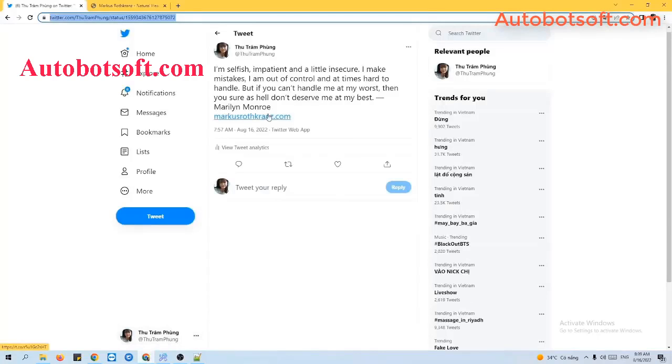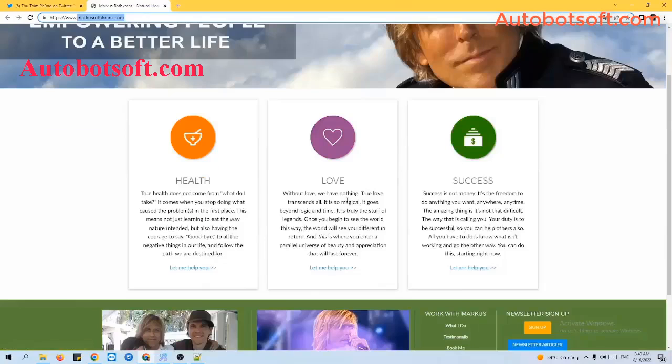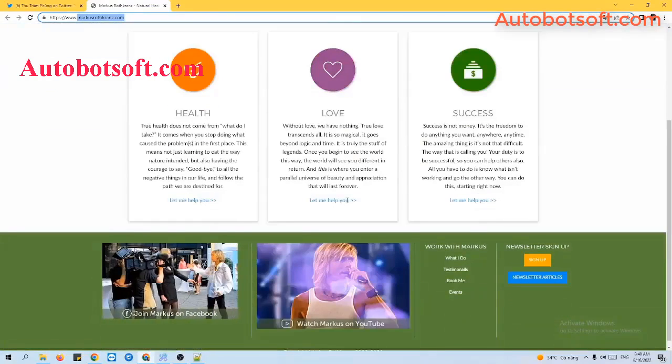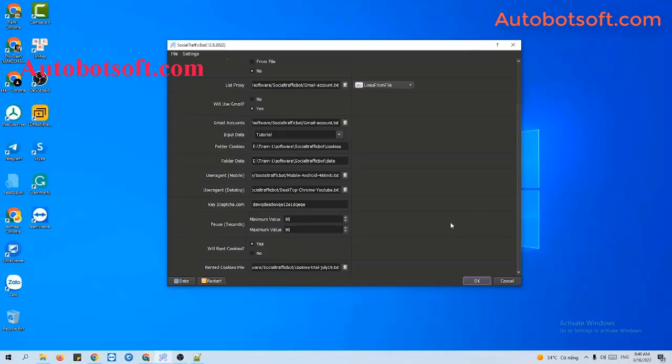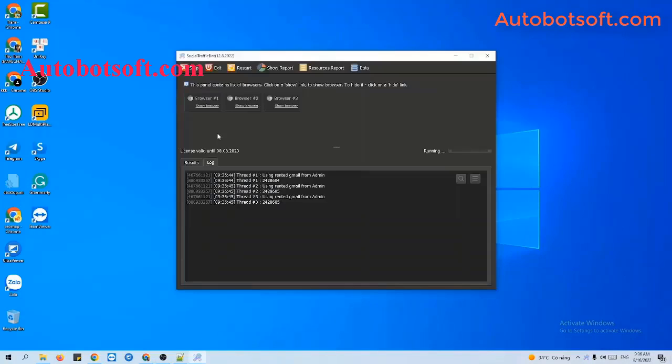The software will visit the website with backlink, for example, this post on Twitter, and view this tweet in 60 to 90 seconds randomly, and then it will click on main website, then view the main website in 60 to 90 seconds randomly. It also simulates real user like scroll up and down like this. After finishing setting here, you will click OK to run the software. You can